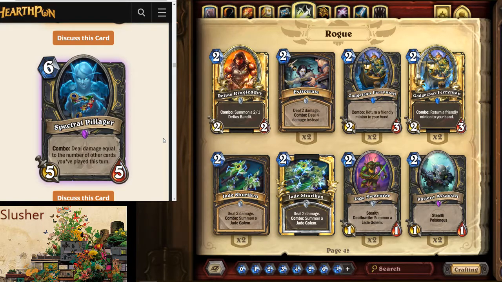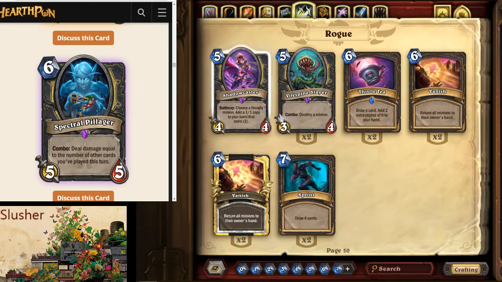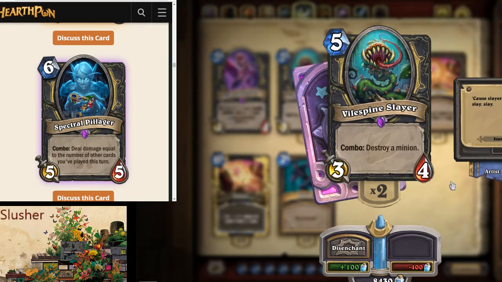Well, there's a 5 mana card, the Weed. Vilespine Slayer: Combo, destroy a minion. So if you play one card before you play this card, it does infinite damage. Not 1 damage per card, infinite damage. If I play Sinister Strike and then follow it up with this card, infinite, and they have a minion with 30 health, it kills the minion. If they have a card with 6 health, it kills the minion. If they have a card with 2 health, which is realistic,